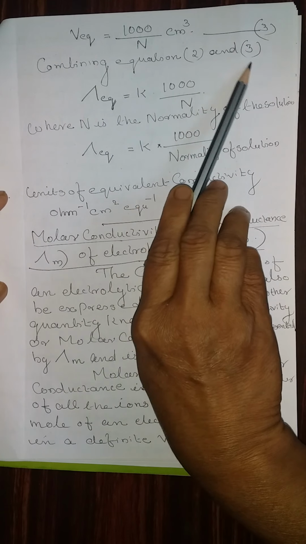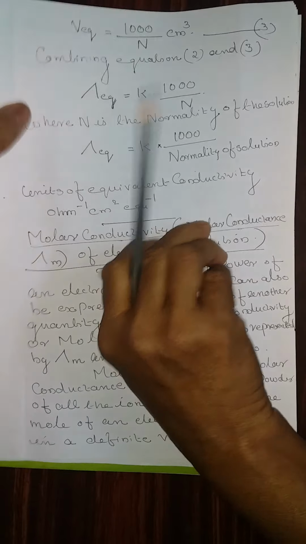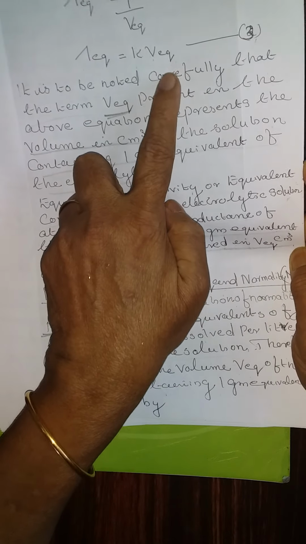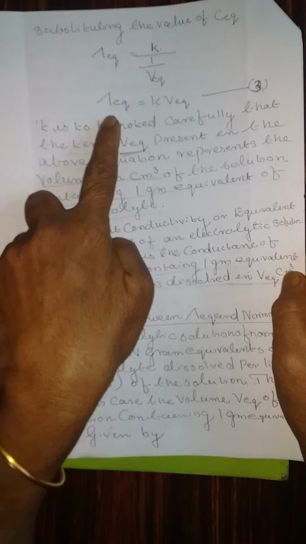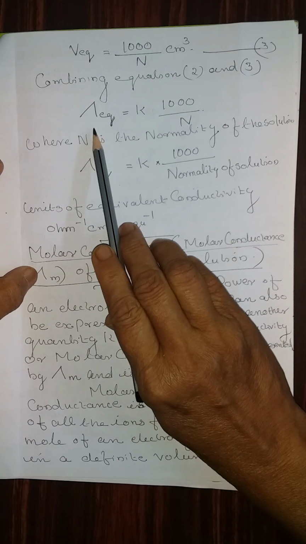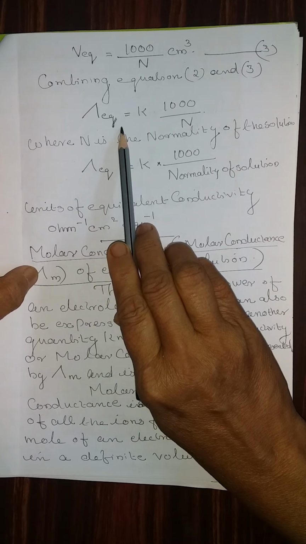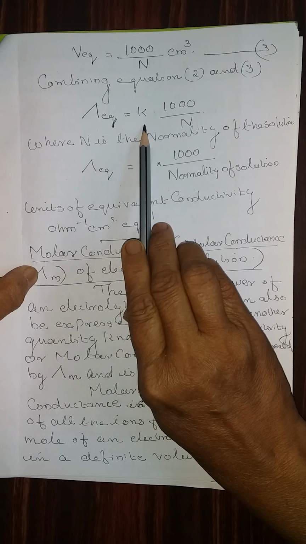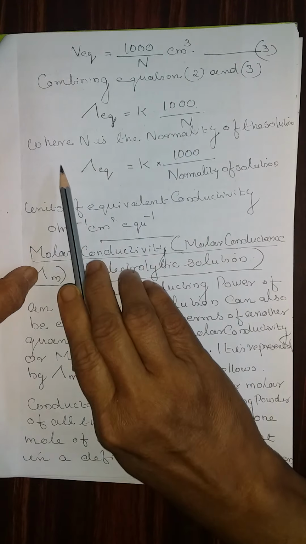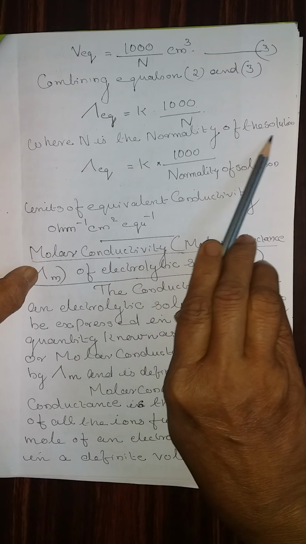Combining equations 2 and 3, that means we are going to compare the equations. What is V equivalent and what is delta equivalent? Then substituting the values, we get delta equivalent is equal to kappa into 1000 by N, where N is the normality